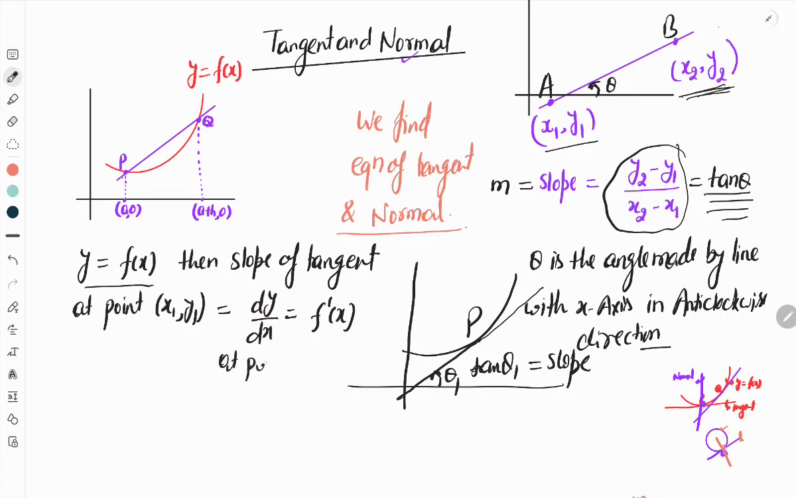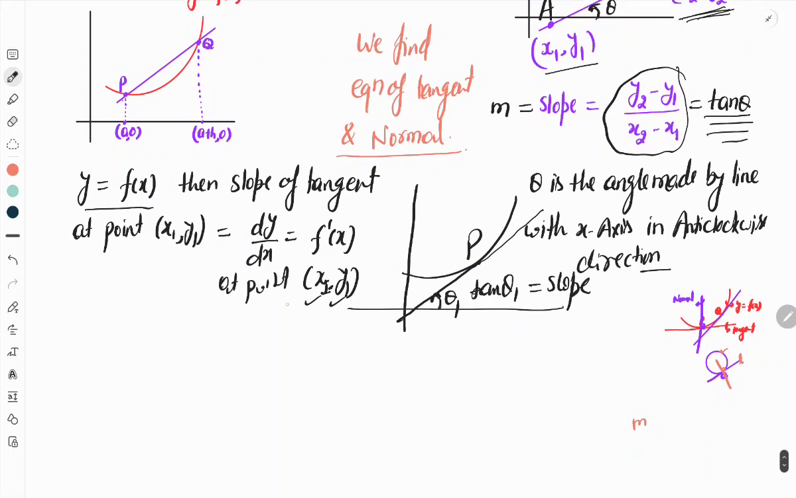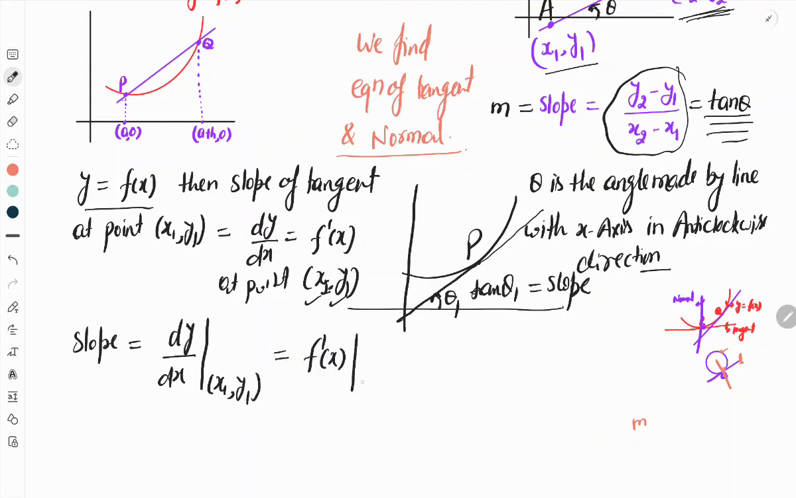at point (x1, y1). It means whatever you have after differentiation, at the place of x you have to put x1, and at the place of y you have to put y1. Correct or not? So this is called slope equals dy/dx at point (x1, y1), or f'(x) at point (x1, y1). Okay, this is clear to you all, that if f(x) is a function given, then the slope of the tangent is